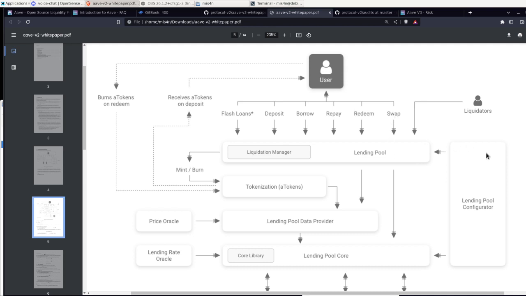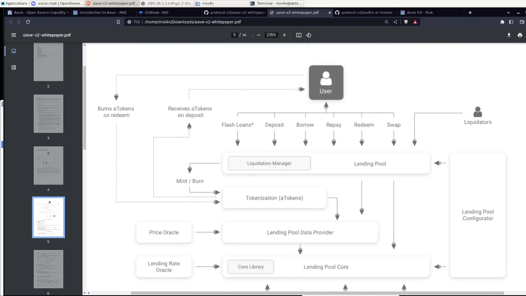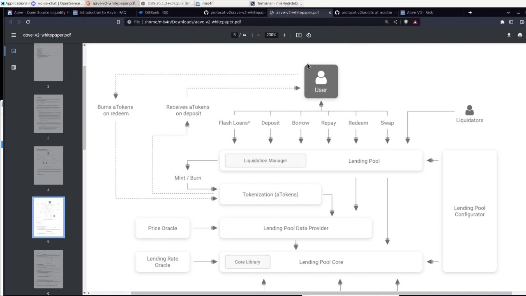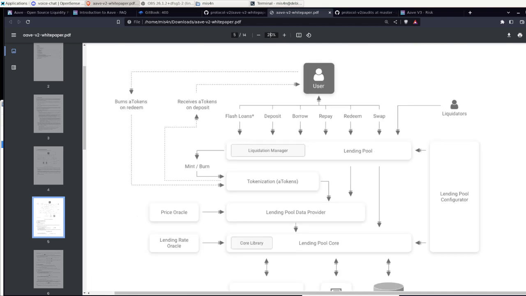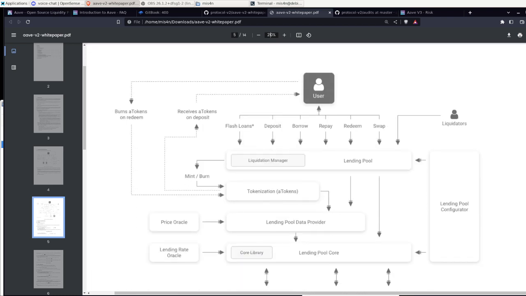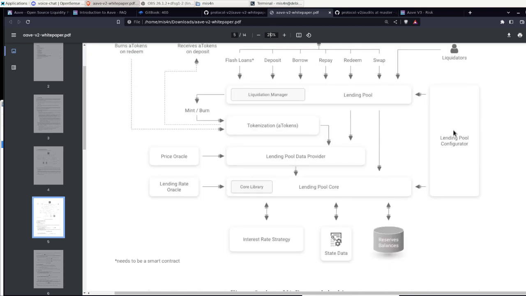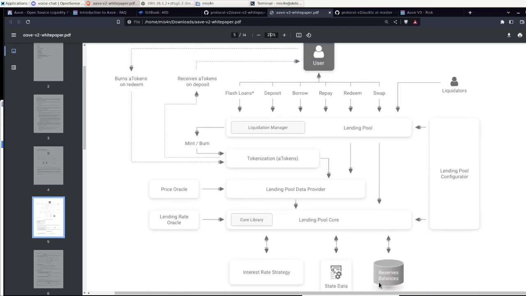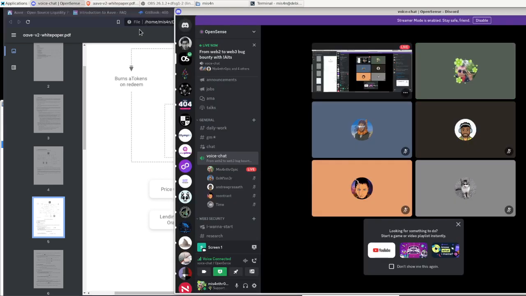Go into the lending pool. The lending pool goes to the lending pool core, and they do have reserve pools in here. I think maybe it could be a little bit in the same style as Uniswap. So we know the process for swapping. Pretty much they're using the lending pool, and the lending pool is using the lending pool core. Now what I want to do, and guys, tell me if this is too much,